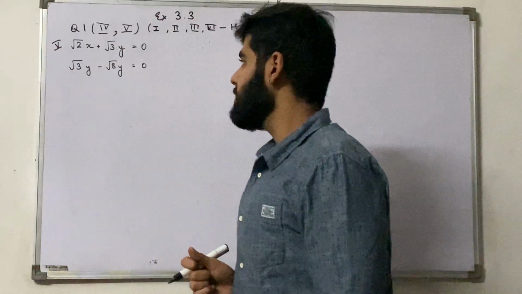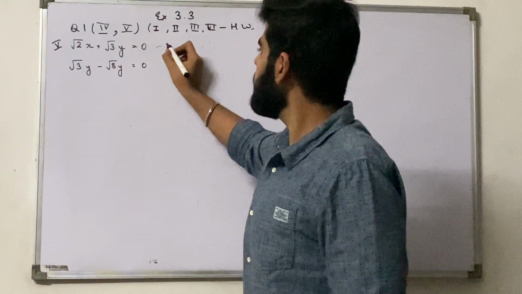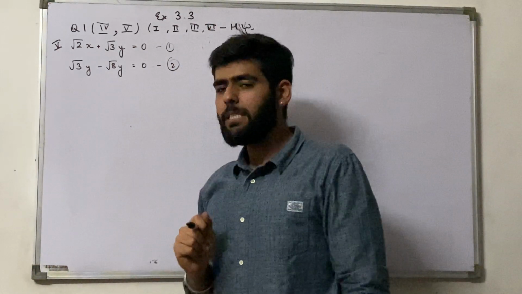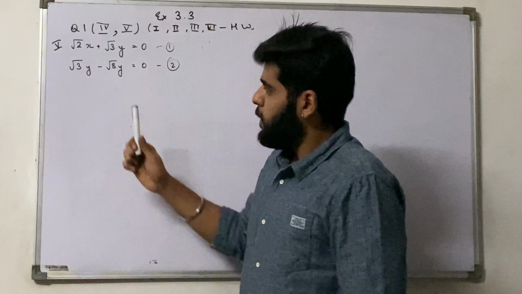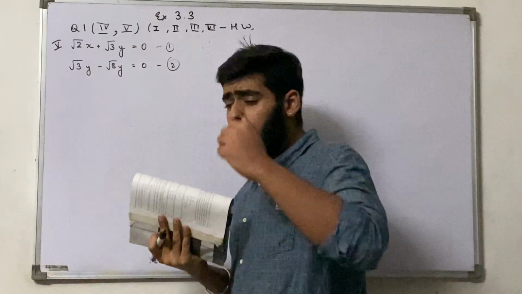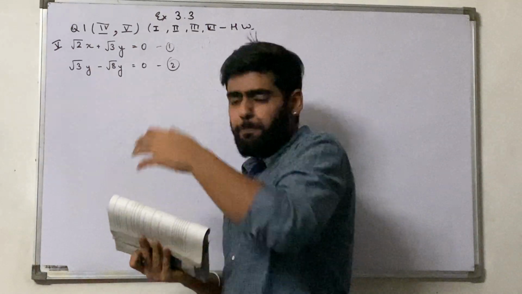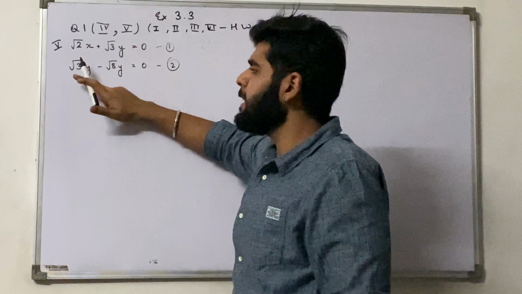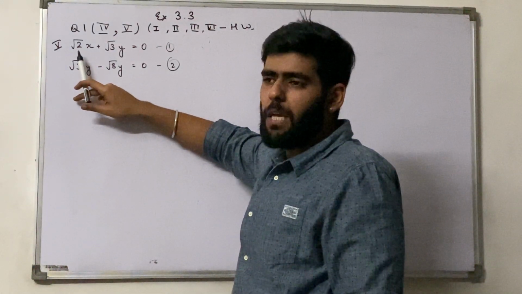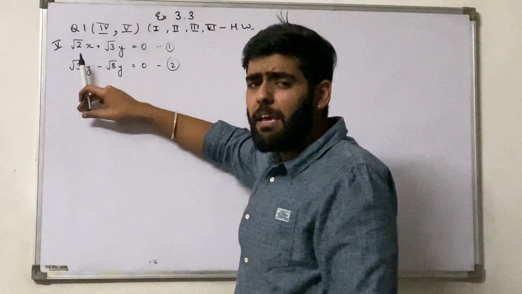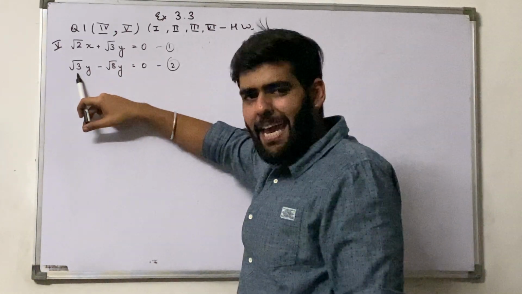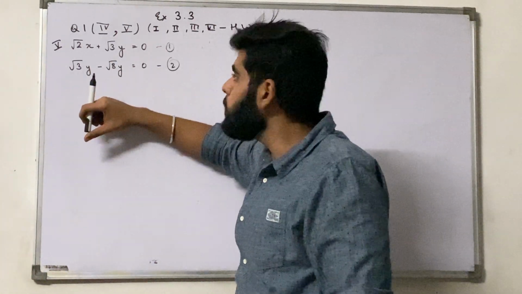Now we will do this sum by elimination first. We will write equation 1, equation 2. Okay. Now look at this question very carefully. If I have under root 2 over here and under root 3 over here, you know what is going to be the HCF of these two terms? That is going to be 6. If I get under root 6 over here and under root 6 over here, I'll be eliminating x very easily and then we will be going further with the question.